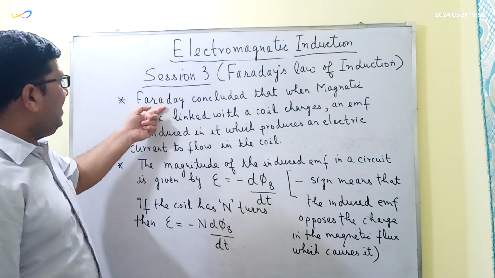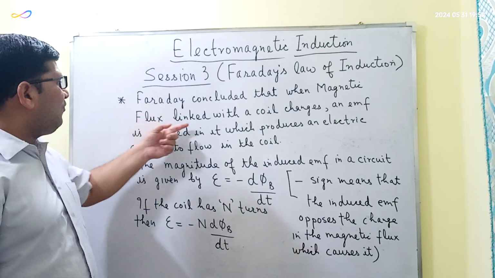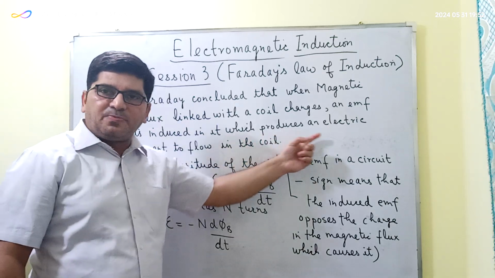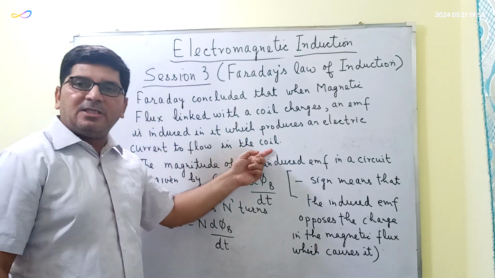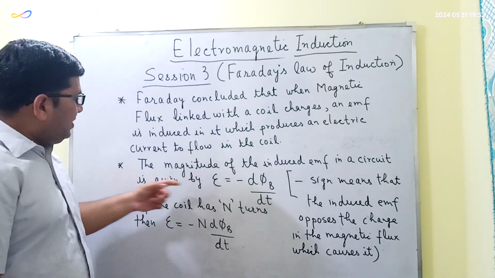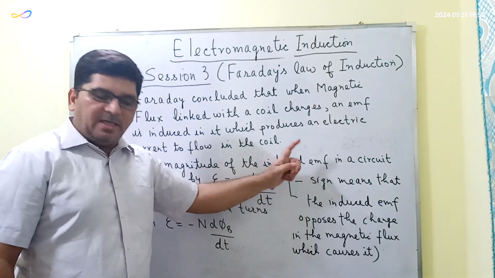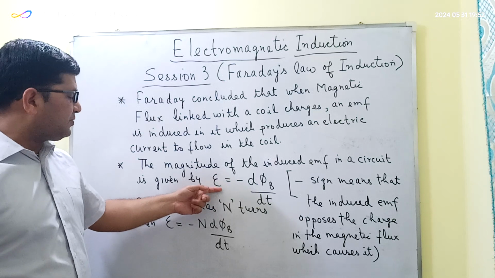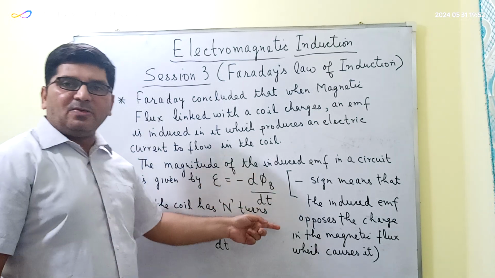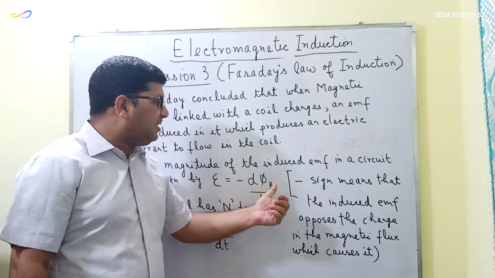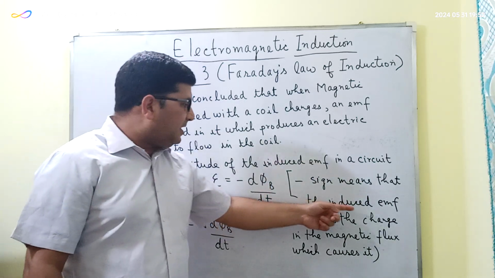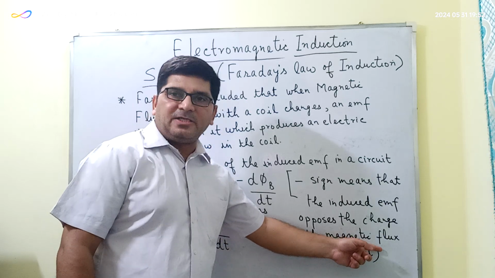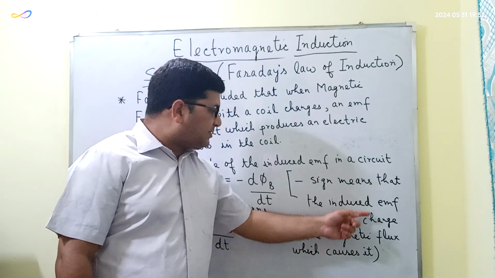So Faraday finally concluded that when the magnetic flux linked with a coil changes, an EMF is induced in it, which produces an electric current in the coil. The magnitude of this induced EMF in a closed coil or in a circuit is given by this formula: the induced EMF is equal to the rate of change of magnetic flux, and here the minus sign indicates that the induced EMF is opposing the change in the magnetic flux which causes this induced